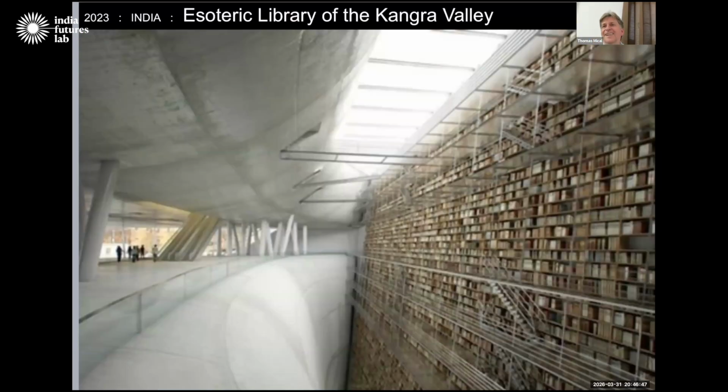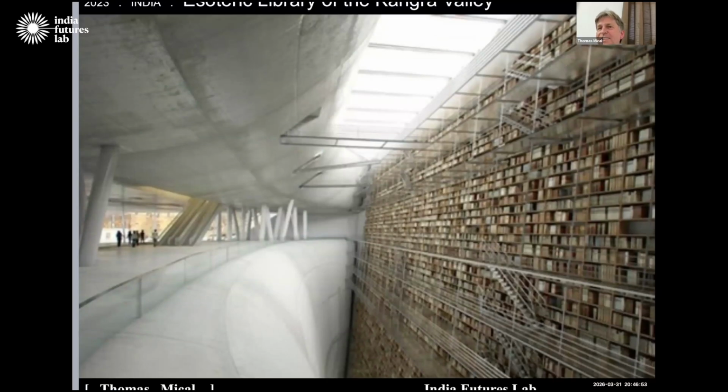And this is my, in my head, this is where I live now. This is an AI generated image, but this is what I'm working towards, the Esoteric Library of the Congra Valley. It's my personal book collection, assembled over many decades, that we use as a research center for